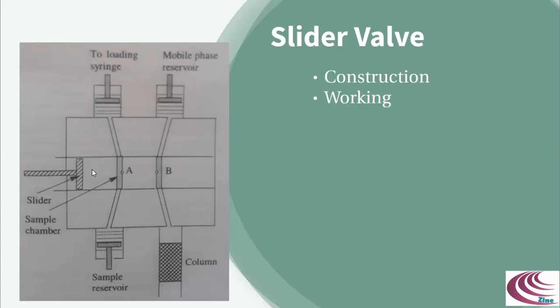A fixed volume of the sample is thus mixed with the mobile phase, which enters an analytical column for the separation. The slider is then moved towards left so that the sample chamber A moves away from chamber B. When pressure on the aperture is released, they reseal and get closed. The fixed volume of the sample, which is accommodated by chamber A, is introduced into the column, and the valves holding volumes from 2 to 100 microliter are available.